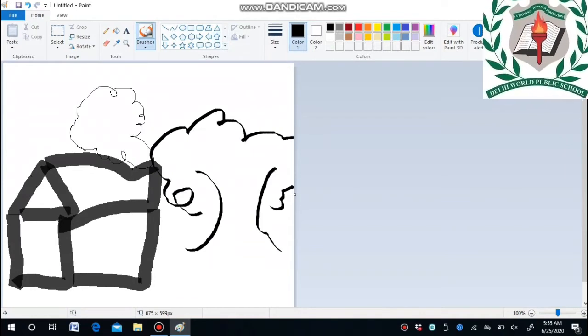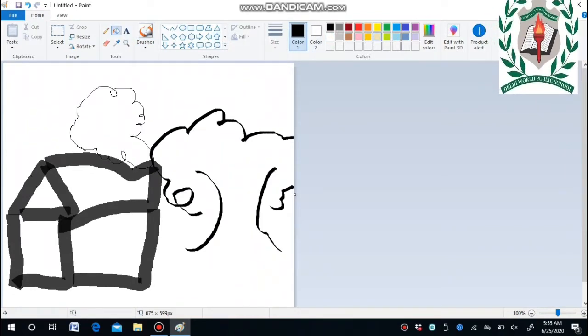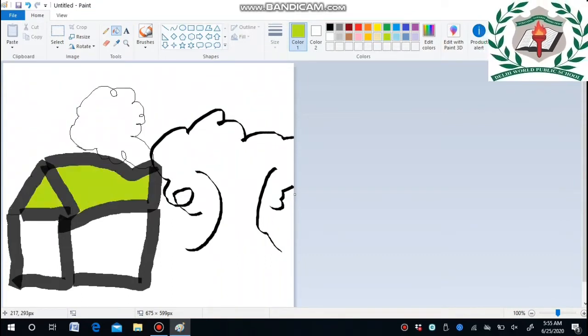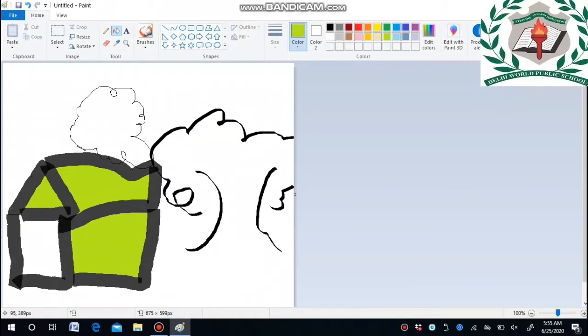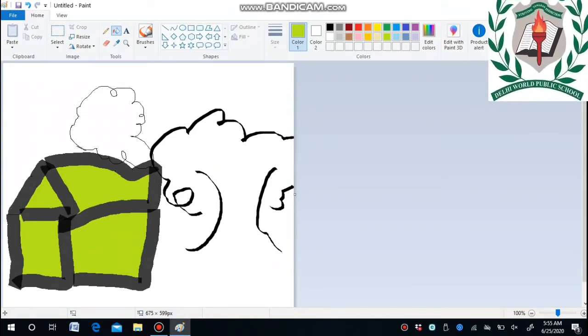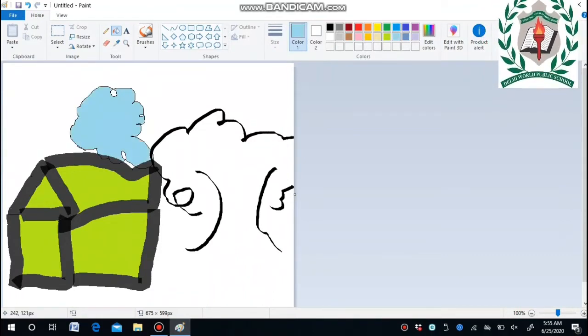And next I just want to give color for this. Again I want to select the backdrop color. Yeah, I am selecting green. I am trying to fill it, and then next blue, and go for blue. Yeah, good.